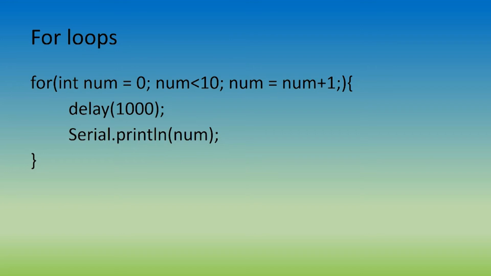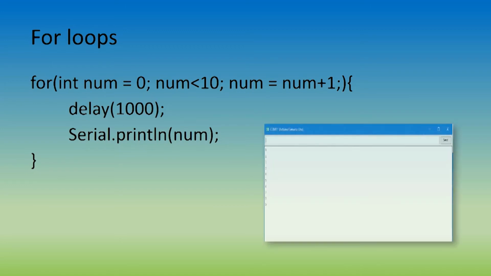As you can see, the code first creates an int variable called num, which is equal to 0. It then checks if num is less than 10, and if it is, it will run the code inside the for loop and then add 1 to num. Take a moment to decide what the code will print out. When you run the code inside the Arduino IDE, it will print out 0 through 9 with a 1-second delay